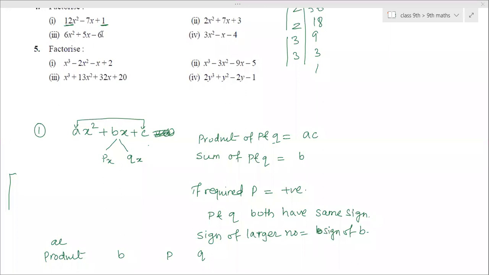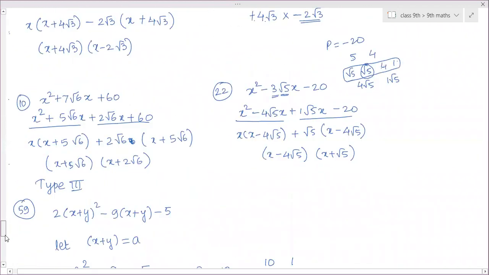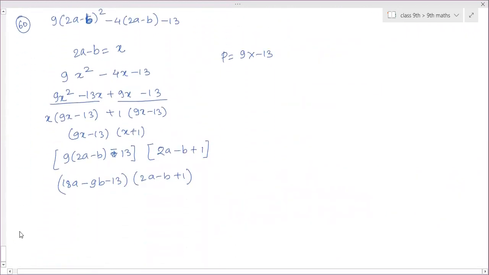Now this type of question. So you can check how few questions NCERT has given and how much practice you have to do for that. NCERT has given only one type of question.